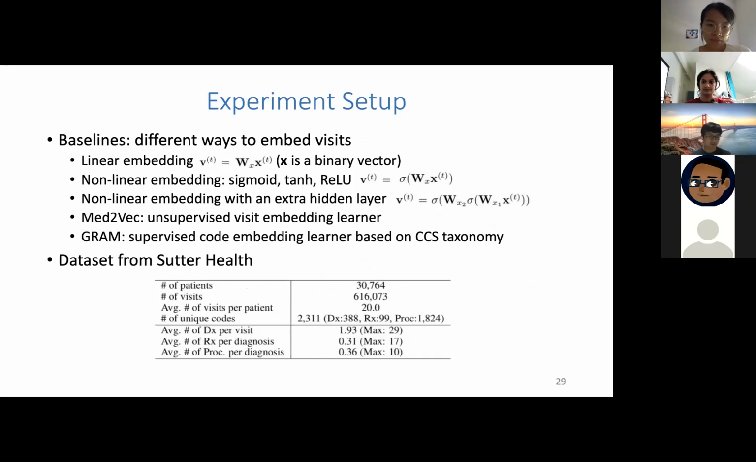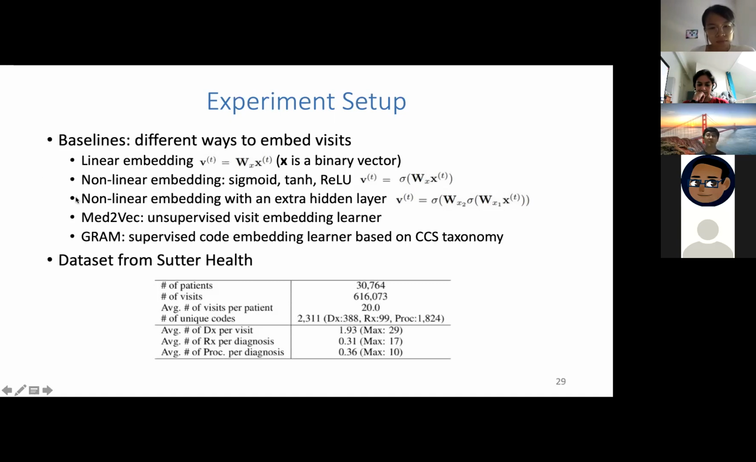Since this was the first model that I came up with to try to use the structure of the EHR, I compared it with a lot of baselines, which are basically just different ways to embed visits without using structure. So, just linear embedding, which is simply adding the vector representations of all the codes that happen at the same visit, or maybe putting them through a nonlinear activation function, or adding extra layers to make it even more powerful,